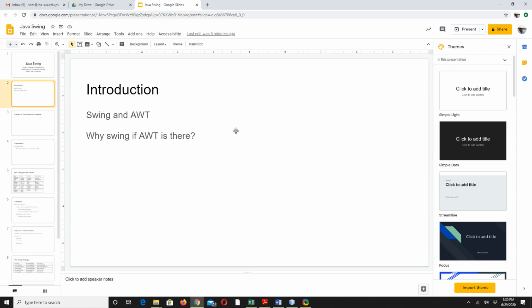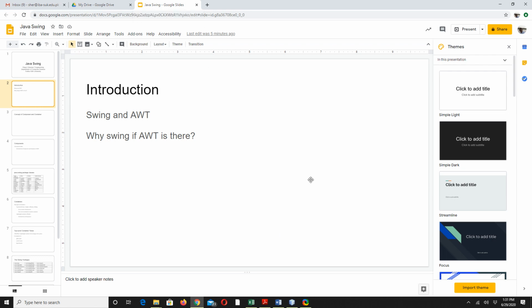When I say look and feel, I mean how that frame looks like, how the menu bar of the frame looks like. This is the menu bar, the top one. And this is the title bar. How the title bar looks like, how the menu bar looks like, these all are platform dependent. If you open the same Internet Explorer, you might have a different look and feel on Linux. So obviously Java did not like that.